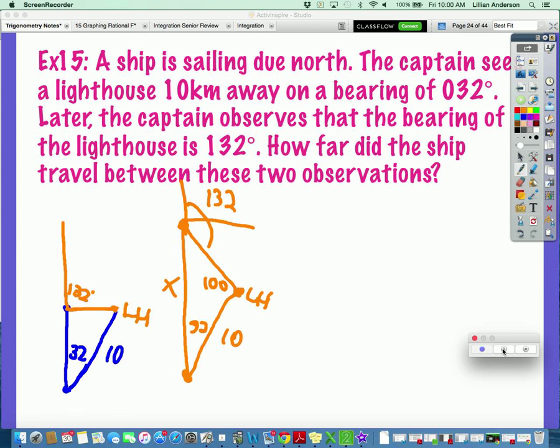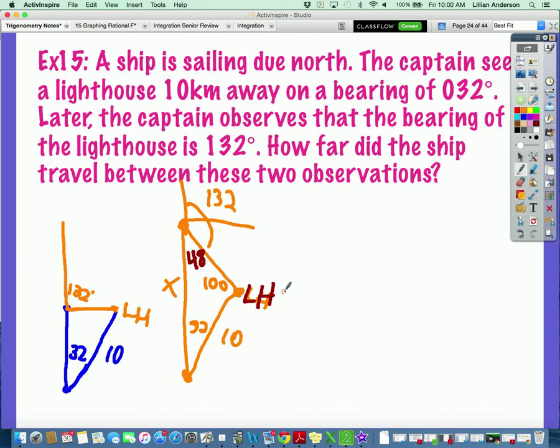180 minus 132 is 48. What's up with the 44 next to the 10? That's not a 44, that's a lighthouse. Okay. And then you got the 100 by doing 132 minus 32, right? Correct? No, you just go-